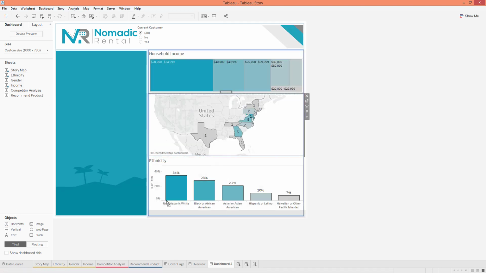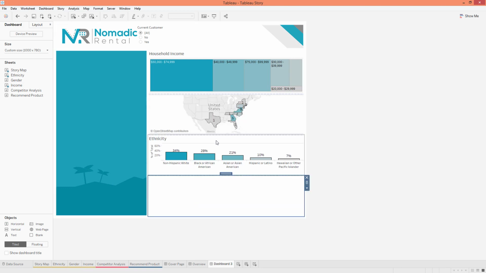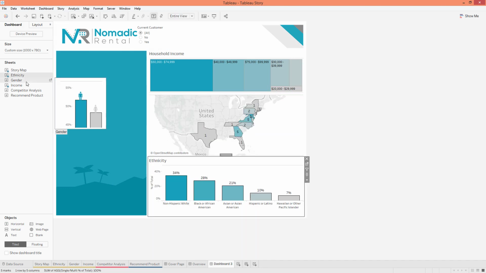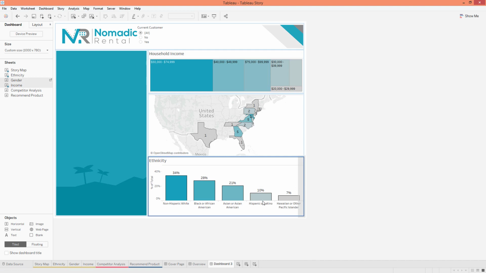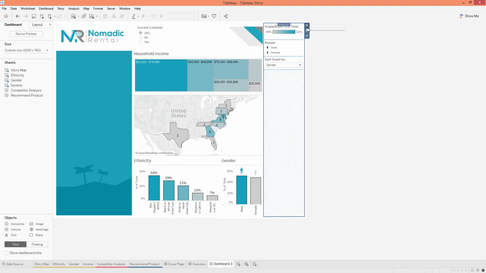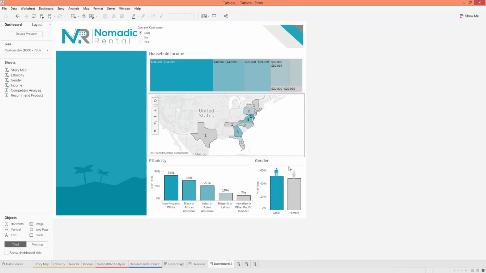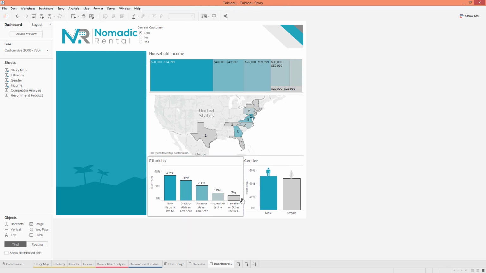So I'm going to add a horizontal container at the bottom. I'm going to throw ethnicity in there. I'm going to throw gender in here and delete all this stuff too. All right, so now I got ethnicity, gender. Go ahead and give this a little room. Bam, there we go. All right, so now we kind of got it formatted how we want to, and it's